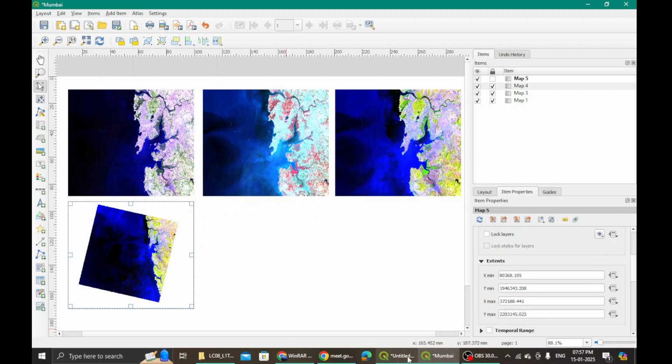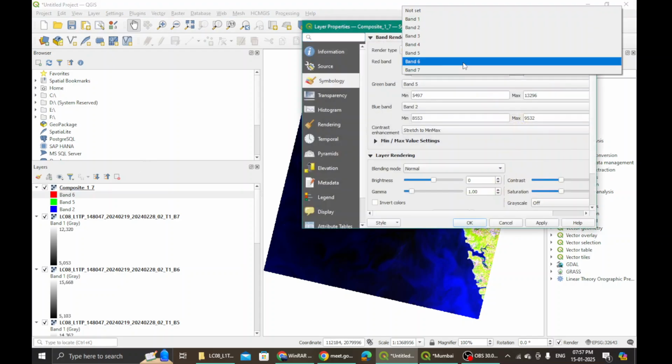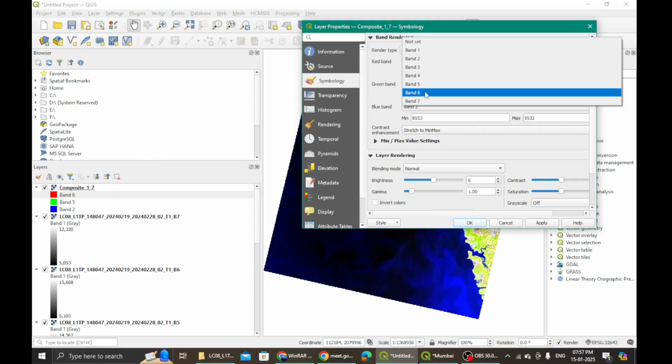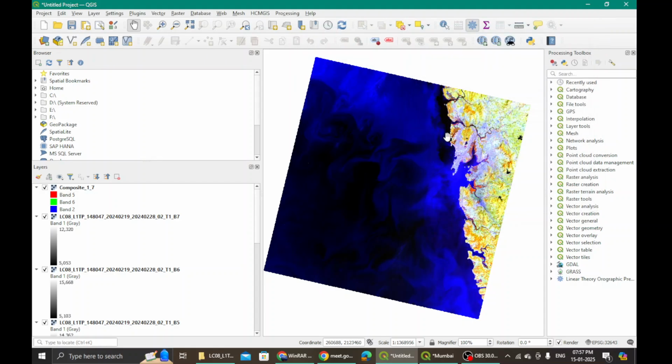So here what I am doing, I am going back to my canvas, to decide which map I am making a printable map format for layout. This time I'm making a different one. I am making one for healthy vegetation. That is 562. So I change this to 5, 6, and 2. I apply and say okay. So has it changed?